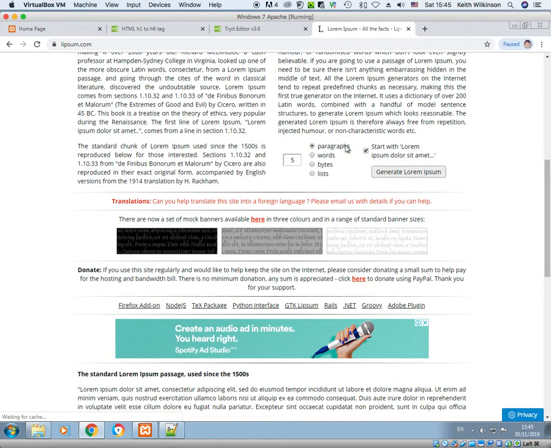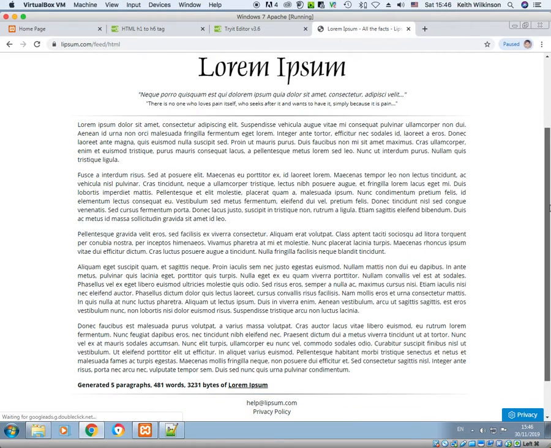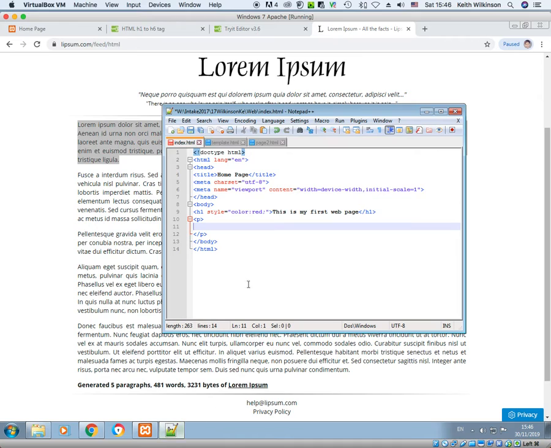So here we are. This is saying I want 5 paragraphs of words. So if I generate it, click, they are all my words. So I'm going to take 1, 2, 3, 4, 5, correct. I'm going to take the first paragraph and copy it, and I'm going to paste it into my